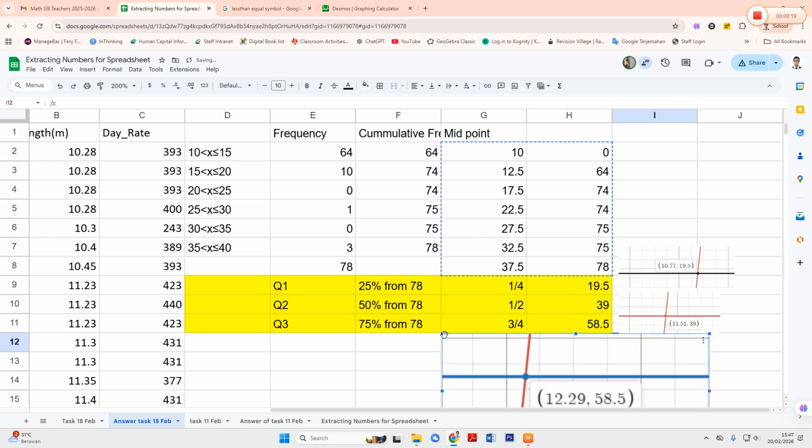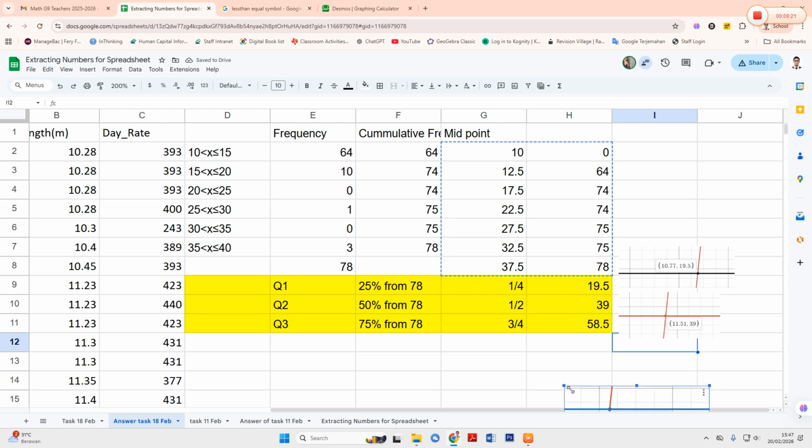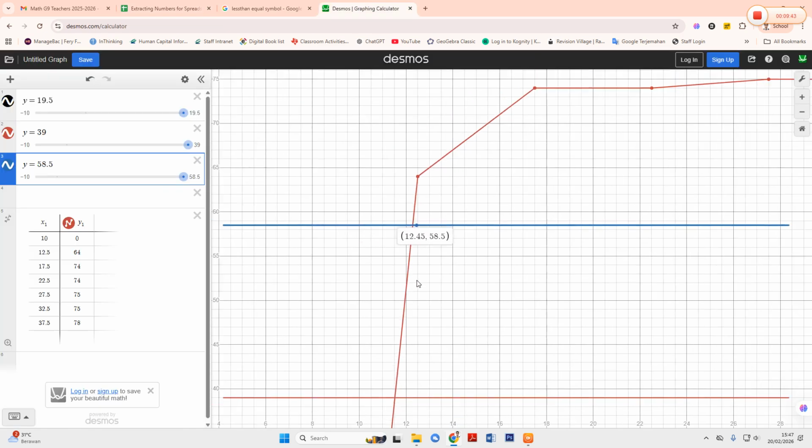Okay, so once more, my explanation before in the class had a mistake. Q1 is 20% of the total frequency of 78, which is 19.5, then 39, and 58.5. Then you add a point here to make the graph start from 0.